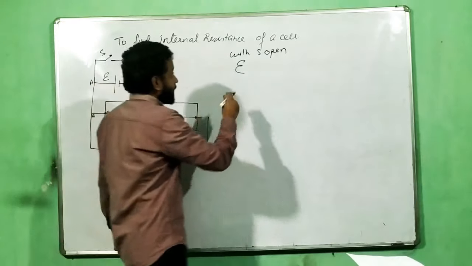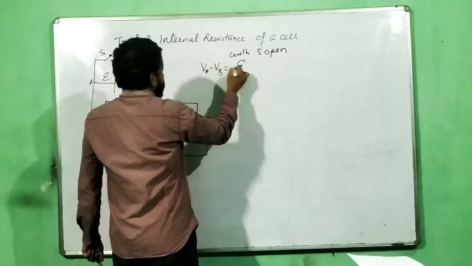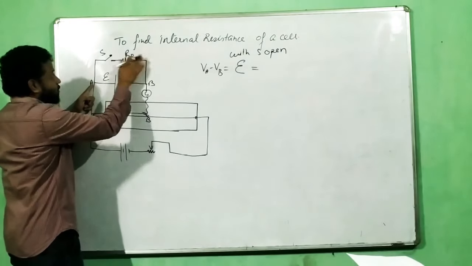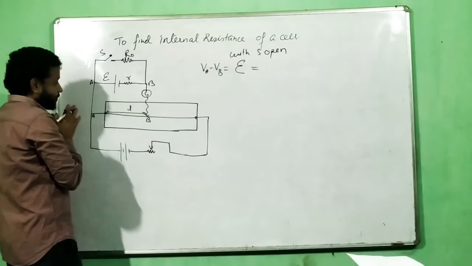So with S open, VA minus VB will be equal to EMF, because there is no current here, no current here. So this is EMF, which is also equal to